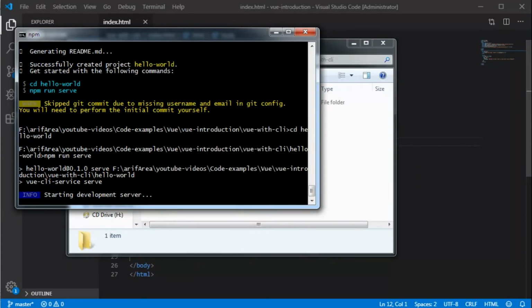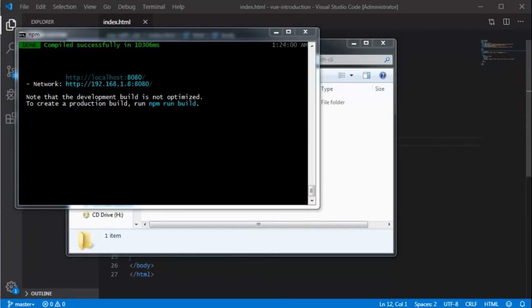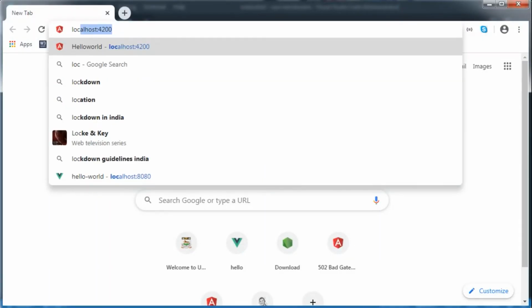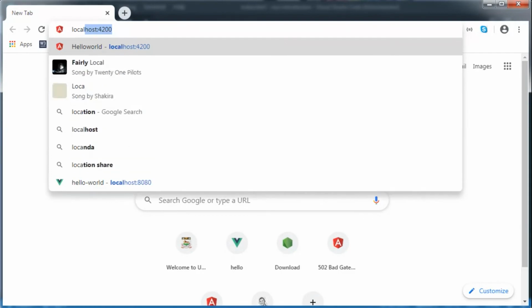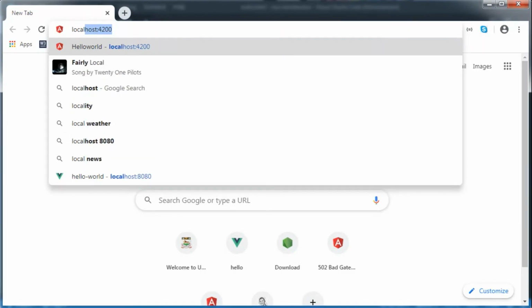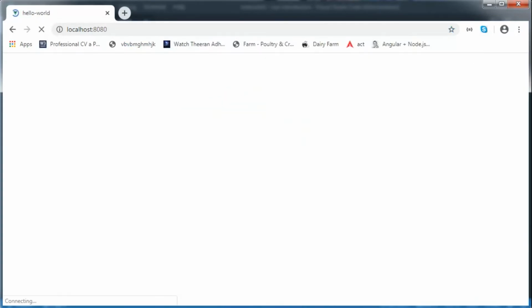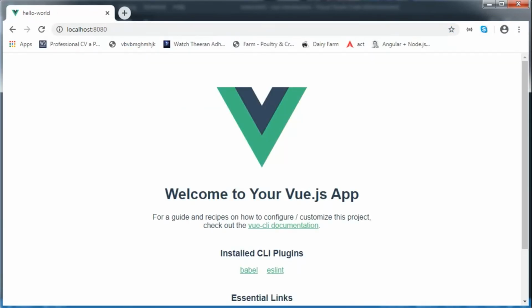This will start the development server on your local machine. Now the application was compiled successfully. We'll open the application in the browser. To view the application, just use localhost:8080. Yes, this is the application which was created using Vue CLI.